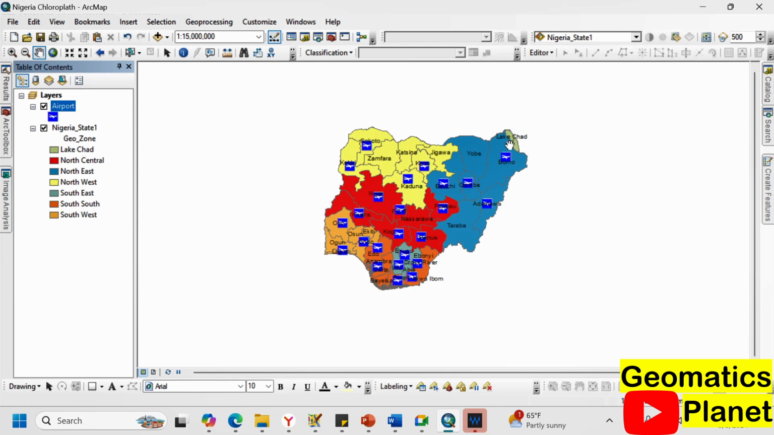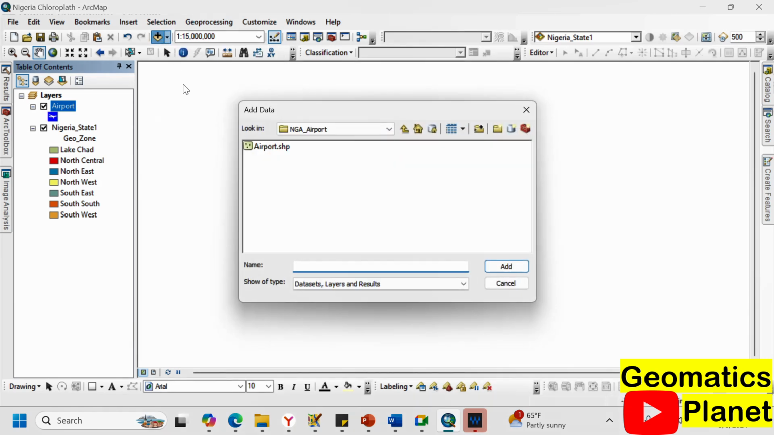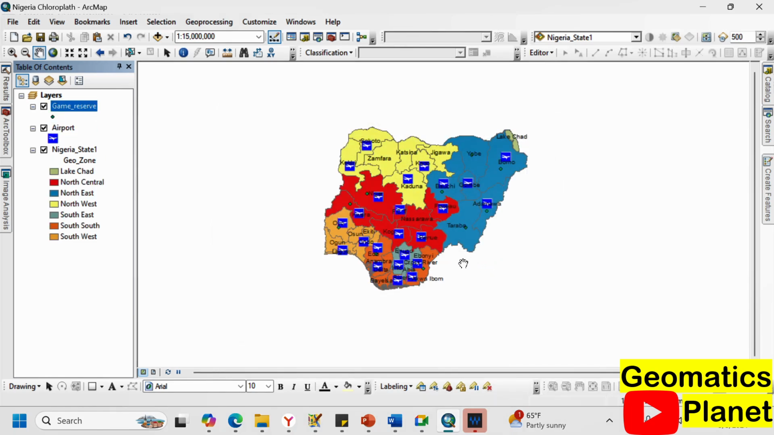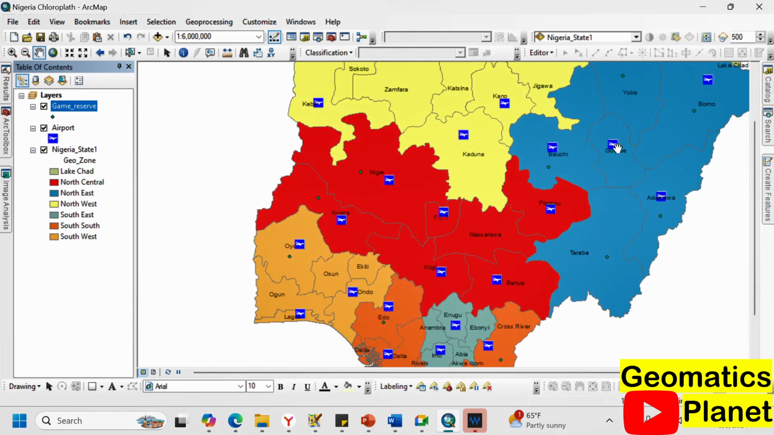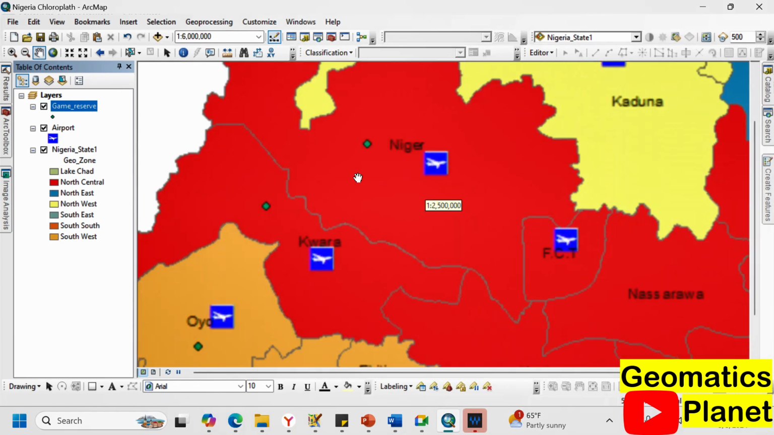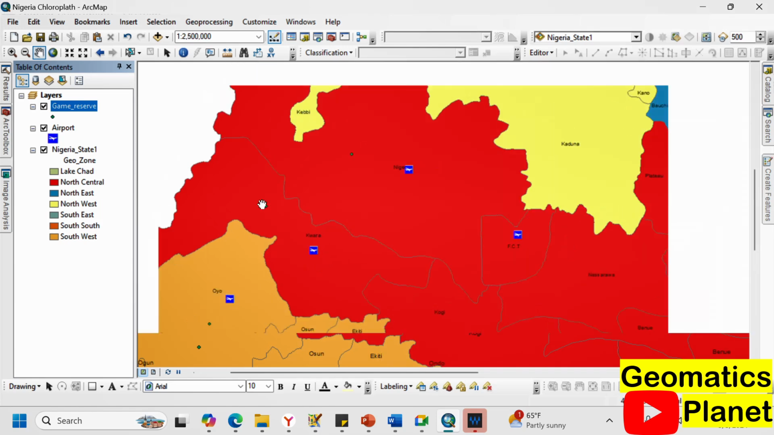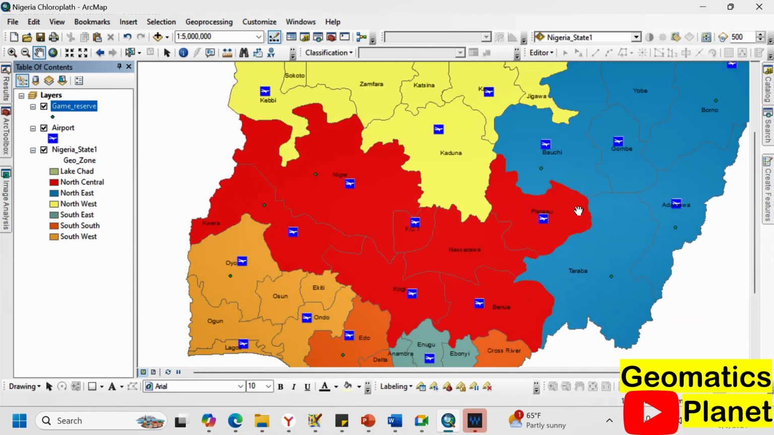So I want to add the airport in Nigeria. I can also add, let's say, the game reserve in Nigeria. So I can go to all the game reserve in Nigeria, which is like a point, and you can see these are different game reserves in Nigeria. So this is airport, and this is the game reserve in Niger State, in Kwara, in Adamawa, Taraba, Bauchi, as